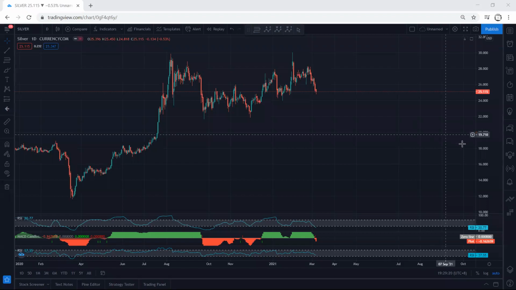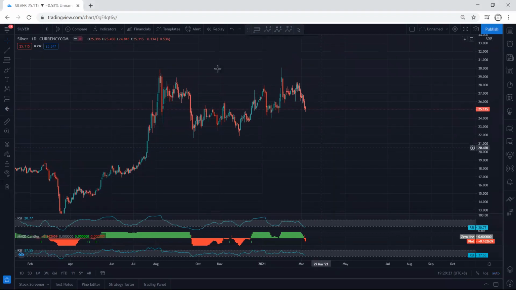Silver, we start with the daily chart. We want to analyze the chart for the next week. As we can see, when the price was within this move, we mentioned we're looking for sell, and this is what we are in. And we mentioned we expect the price to pretest this low. Okay. Now the thing is,